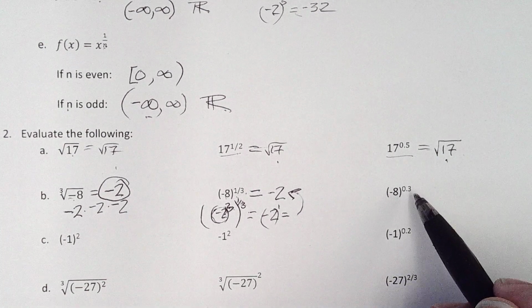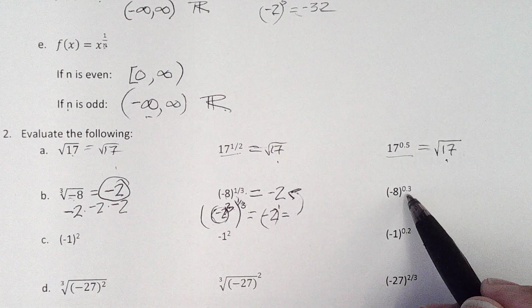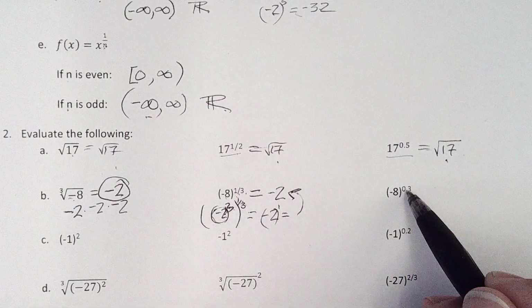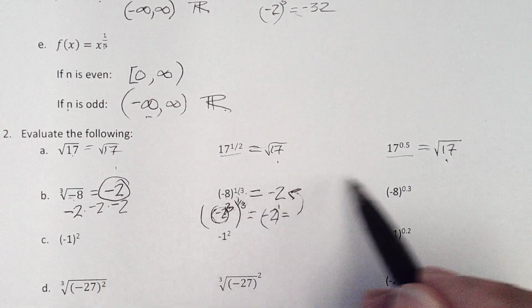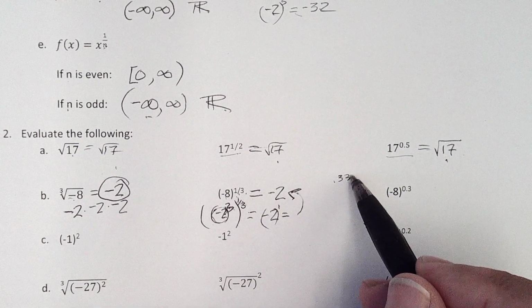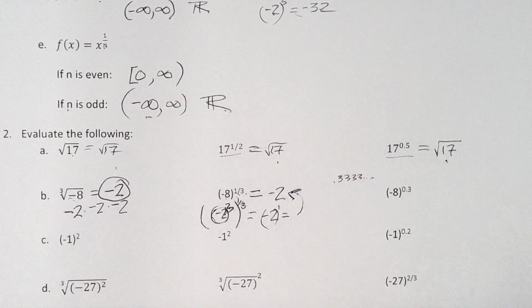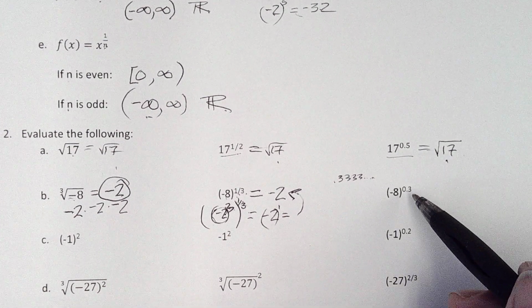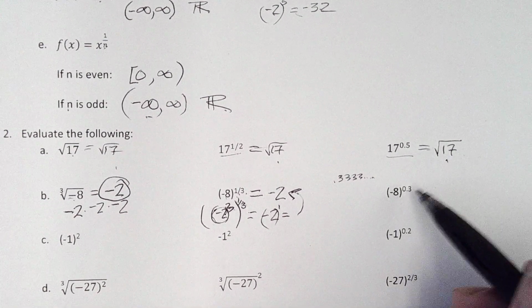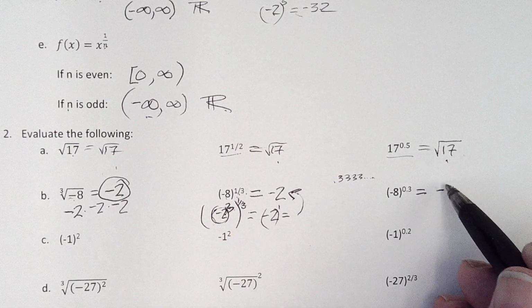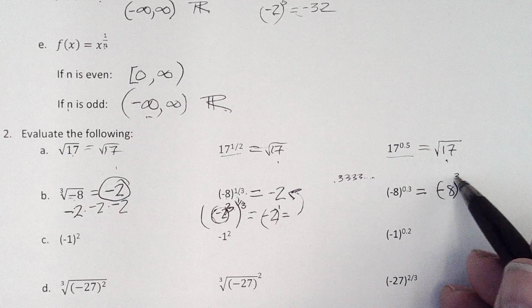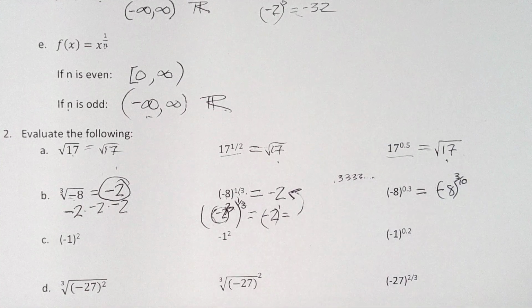Now, I don't know how many times I've seen people call 1/3 0.3. 1/3 is 0.3333, repeating to infinity. This is just 0.3, which I hope you know is 3/10,